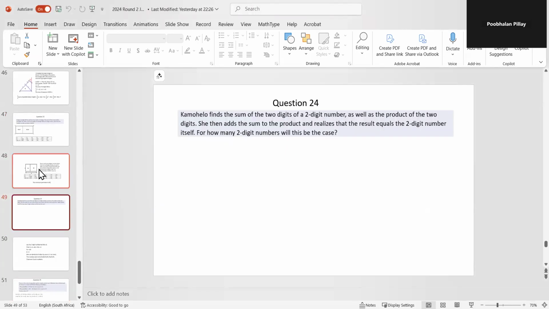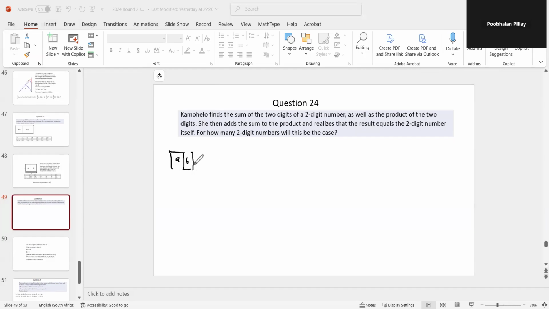Problem number 24, let's read this. It says that Kamohelo finds the sum of the 2 digits of a 2-digit number, as well as the product of the 2 digits. Let's just stop right there, and we'll say that we don't know what the 2-digit number is. I'm going to put it as the tens digit is A, and